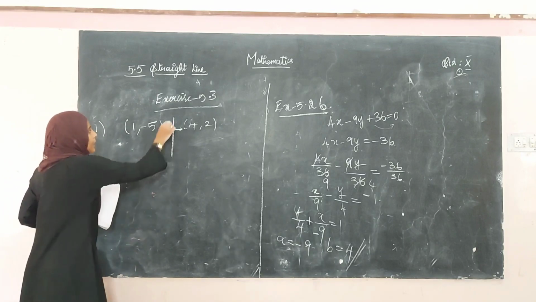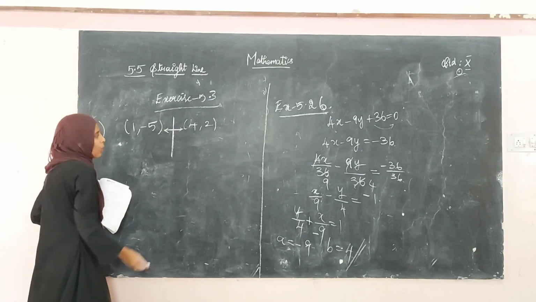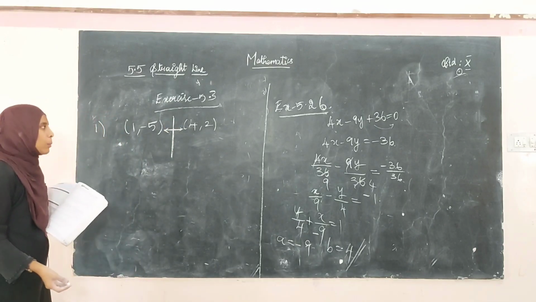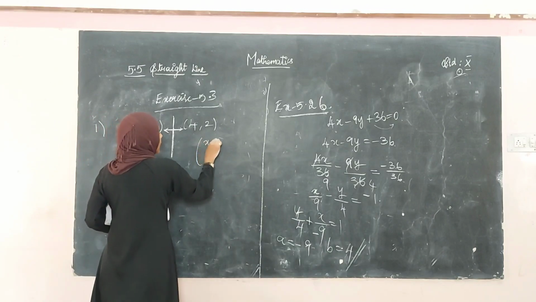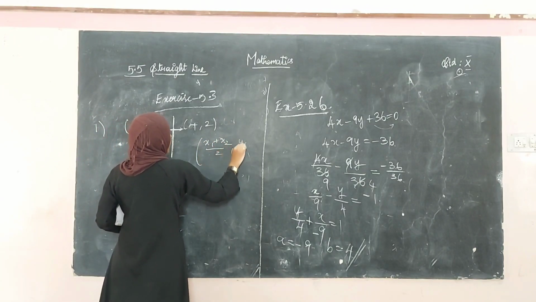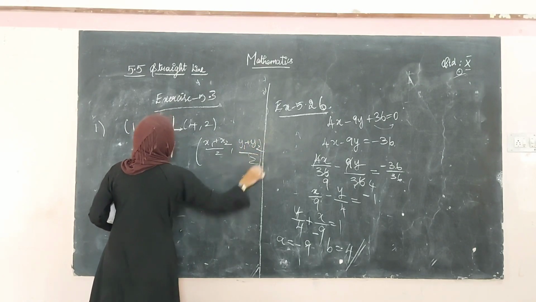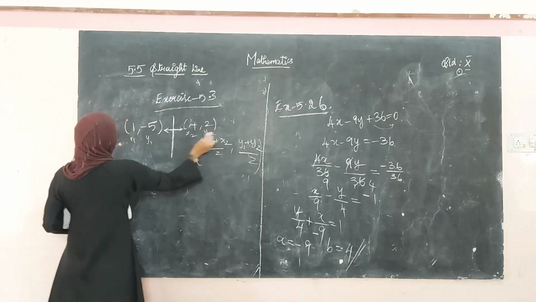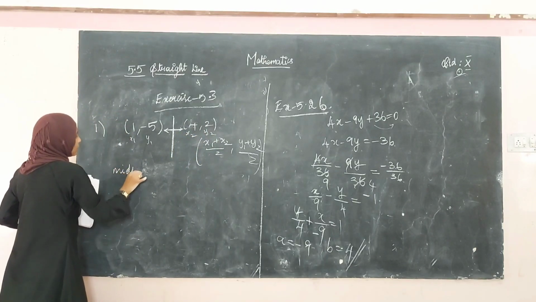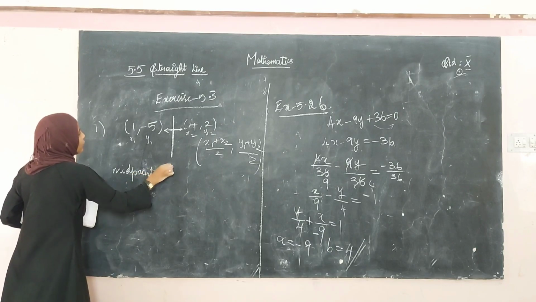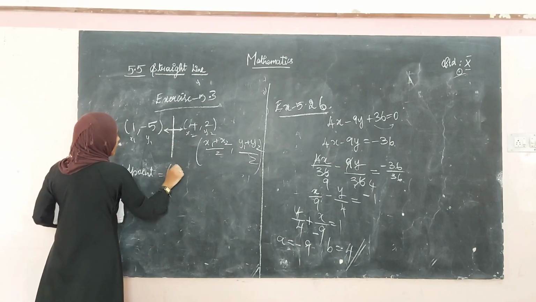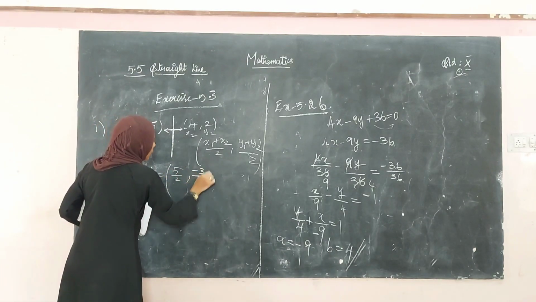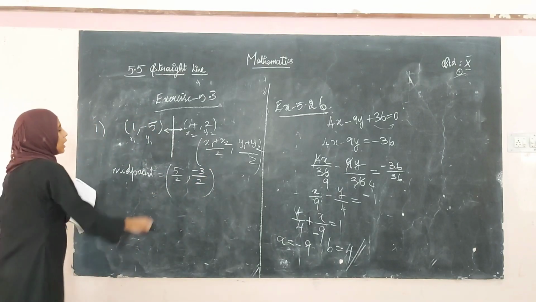Okay, so we are going to find the equation of this straight line. Once we find this midpoint, we will have a point on this straight line. So the formula to find the midpoint is x1 plus x2 divided by 2 comma y1 plus y2 divided by 2. Okay, so this is x1, y1, x2, y2. How will you find the midpoint? What is x1 plus x2? 1 plus 4 is 5 divided by 2 comma y1 plus y2, minus 5 plus 2 is minus 3 divided by 2. So this is the point on this line.